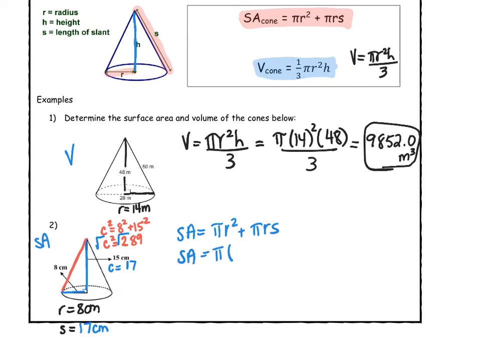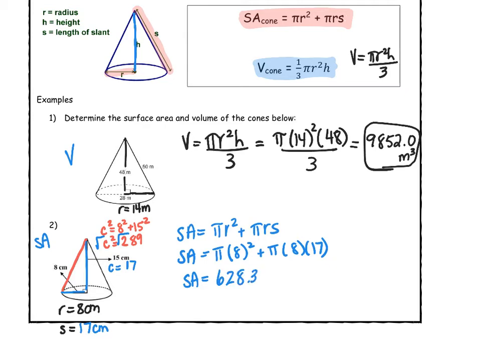So pi times my radius, which is 8 squared, plus pi times the radius times the slant height. Okay, so sometimes you have to do a Pythagorean theorem calculation to get the number that you need, either the slant height or the height through the middle. So I'm going to plug that into my calculator and get an answer. So that comes out to be